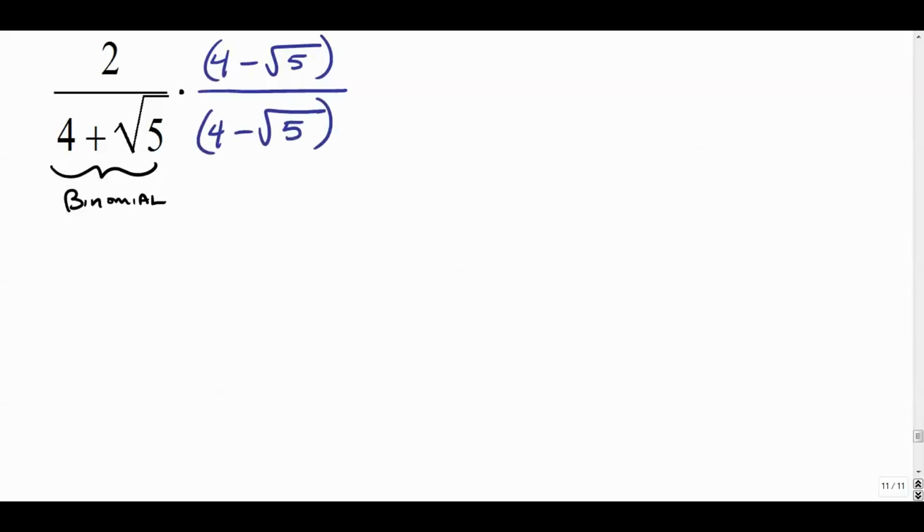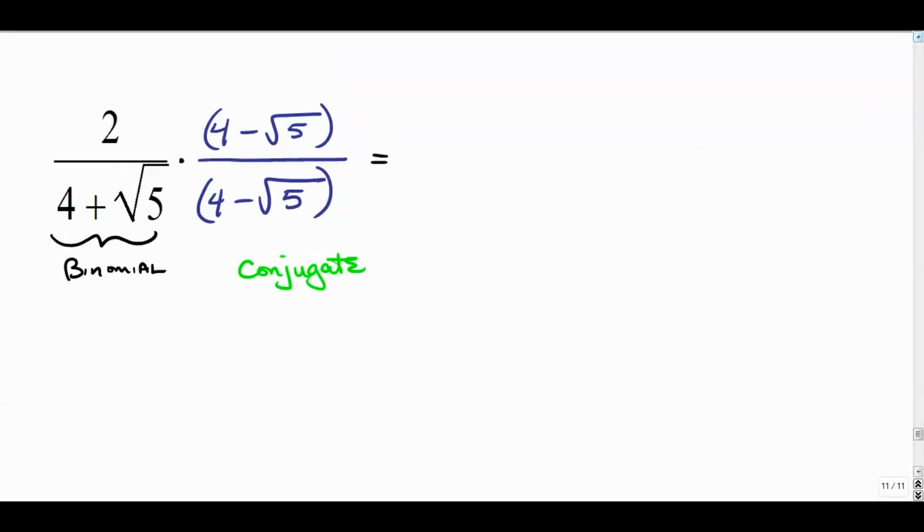And what that means, the word conjugate, is basically the same number here and the same radical here. The only difference is you change the sign in the middle. If it's a plus down here, change it to a minus up here. So we're going to multiply top and bottom by 4 minus radical 5. And when you do that, you're left with a distributive property. So you're going to take this 2 and multiply it by both terms on the inside. You get 8 minus 2 radical 5